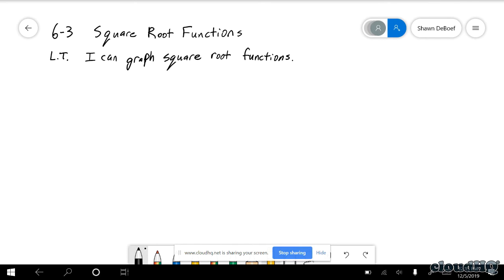But before we get into that too much, I want us to think back to a type of question that we would have done yesterday, or the block day, I should say. If we think about this function, f of x equals x squared, I want us to find the inverse function.